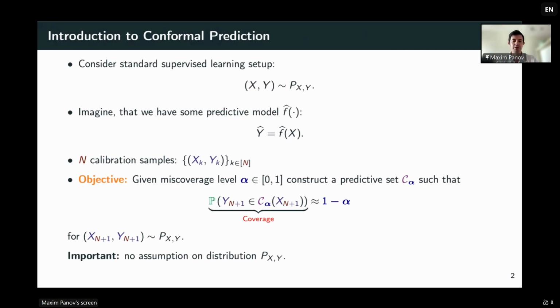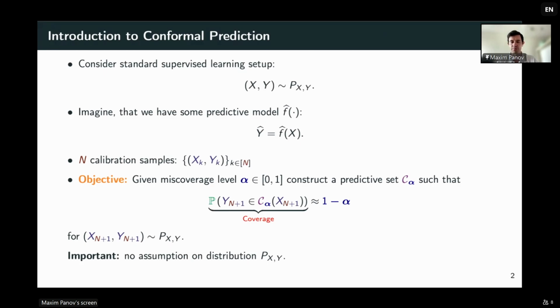My goal will be to construct the confidence set for a given miscoverage level alpha, such that the probability that the new observation Y_{n+1} comes to this confidence set is ideally as close as possible to 1 minus alpha. And conformal prediction is a certain framework which allows to achieve that, and importantly, with almost no assumptions